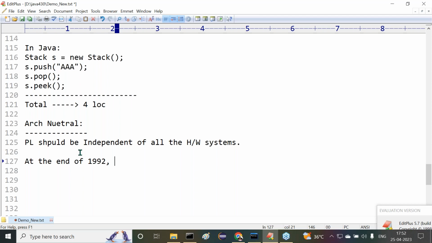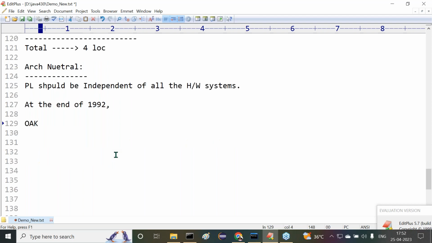Understand it clearly now. Meanwhile, what James Gosling has done: when he sat in his cabin at Sun Microsystems, he always liked to see one type of tree through his cabin window. The name of the tree is Oak. He had a thought. He wanted to give Oak as the name to the new programming language, as he liked to see that particular tree through his cabin window.